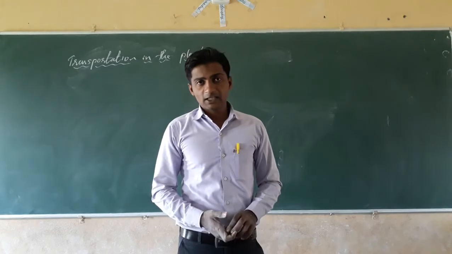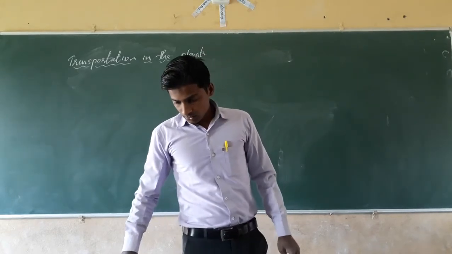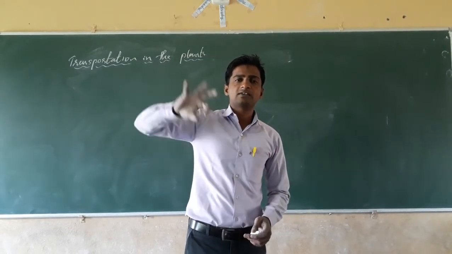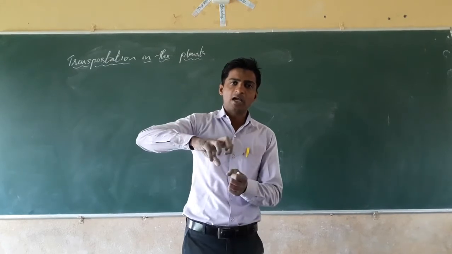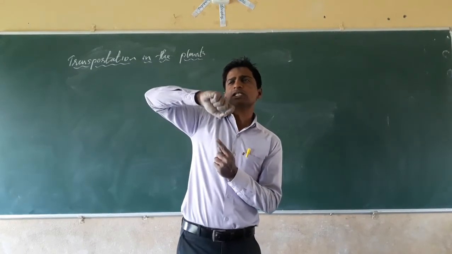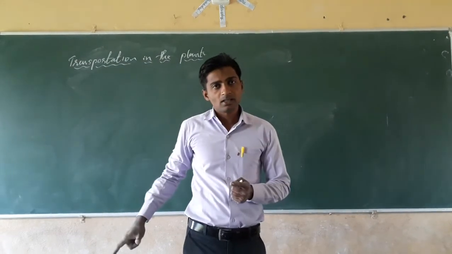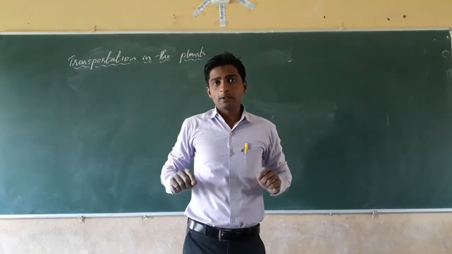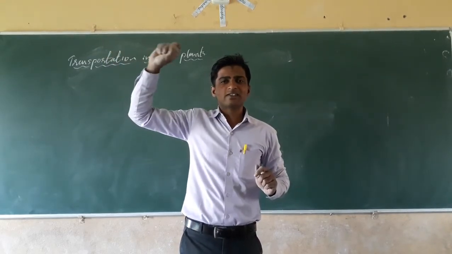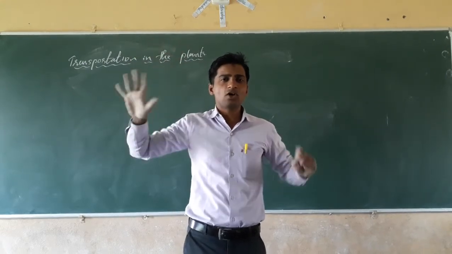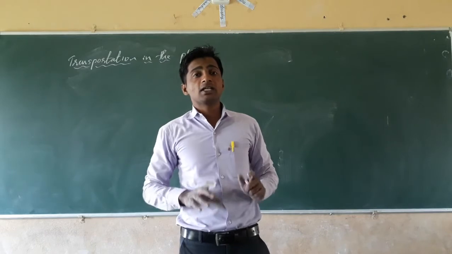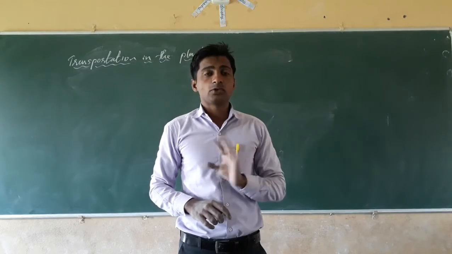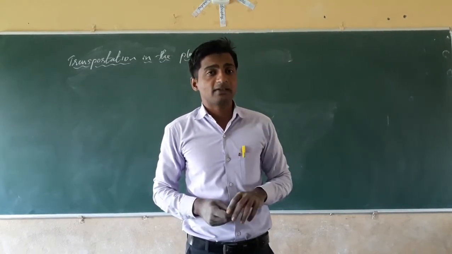Next, dear students, through these roots water and nutrients will be absorbed, and that has to be moved to each and every part of the plant body. It has to reach even the tip of the shoot, stem, flowers, branches and all. To each part of the plant body, the water absorbed by the roots is transported. There is no other way for plants to take water.